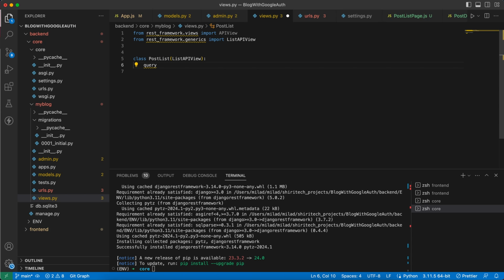So I can just set queryset to be my Post.objects.all(),